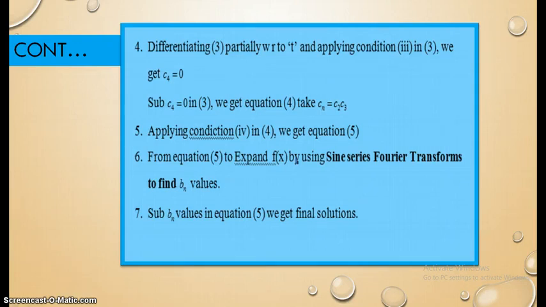This was already covered very well in unit number 3. So using the same formulas, we can apply them here to find the bn value. After finding bn, you can substitute that in equation number 5. We get the final solution of the given one-dimensional wave equation problem. So these are very important steps here. Again I can tell you here.